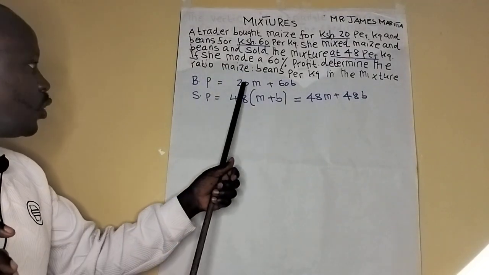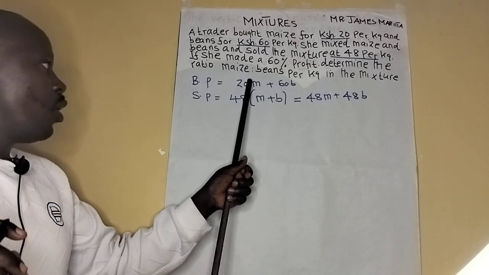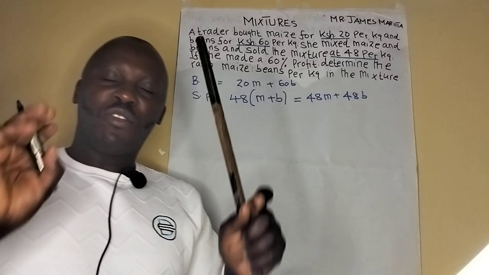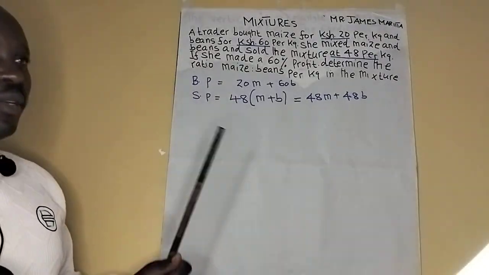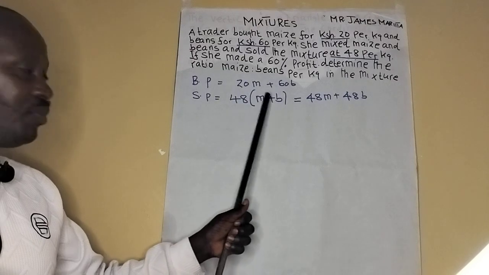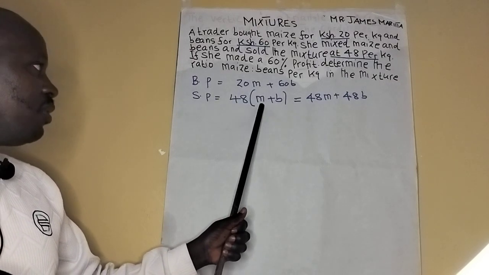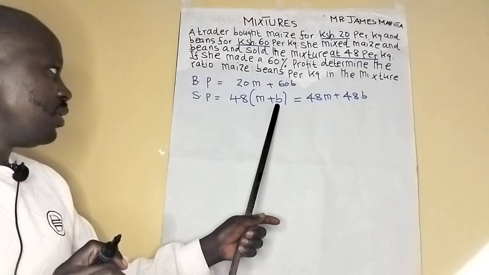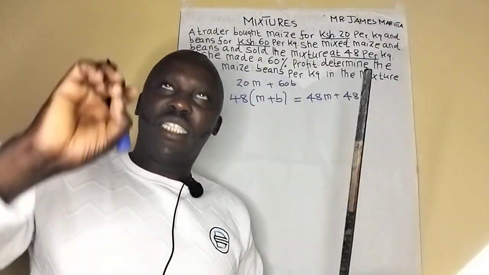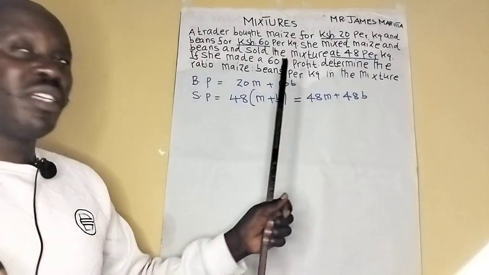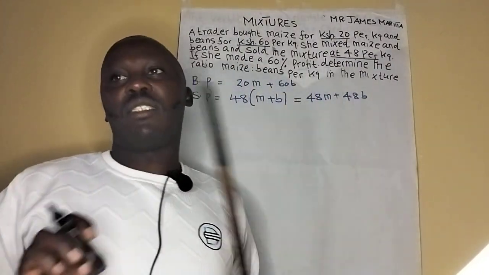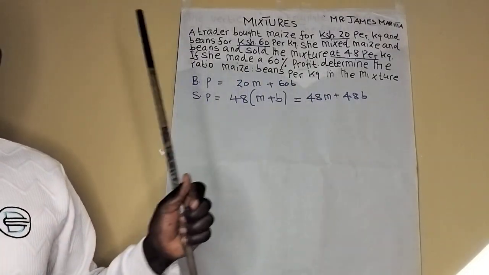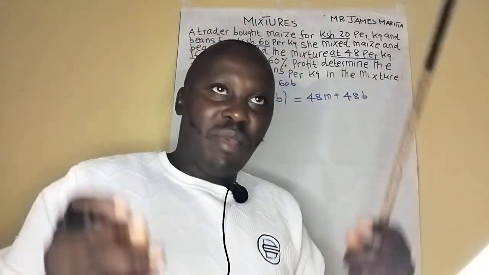So we have the buying price 20M plus 60P, where M is the number of kilograms of maize and P is the number of kilograms of beans. Then the selling price is 48 into M plus P, since this is the mixture of maize plus beans. The total kilograms of maize and beans is sold at 48 shillings per kilogram, giving us 48M plus 48P. After selling the mixture at 48 shillings per kilogram, she made a profit of